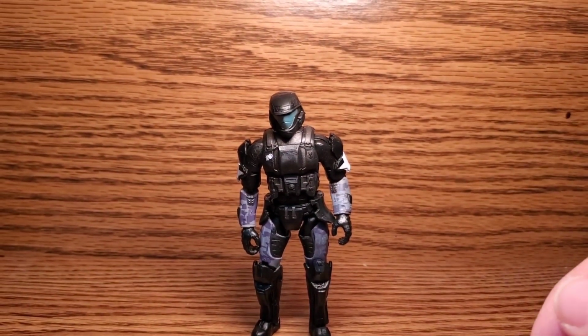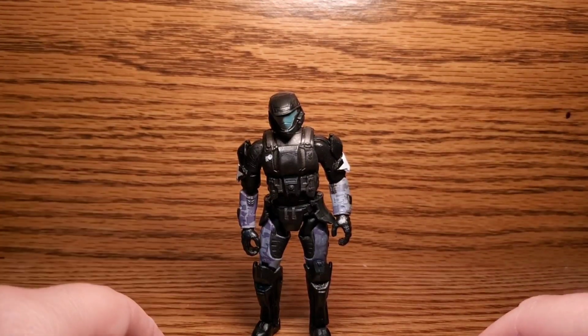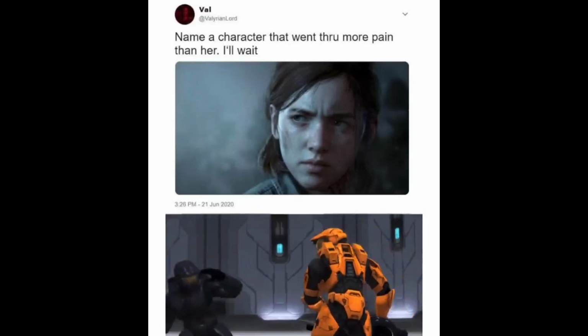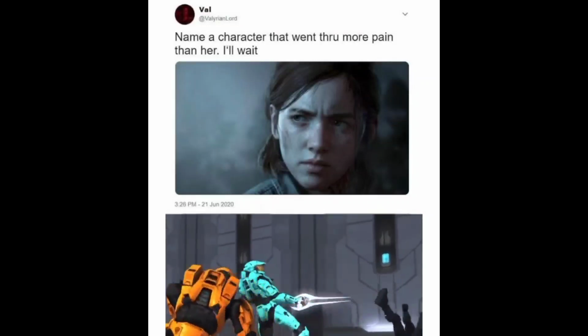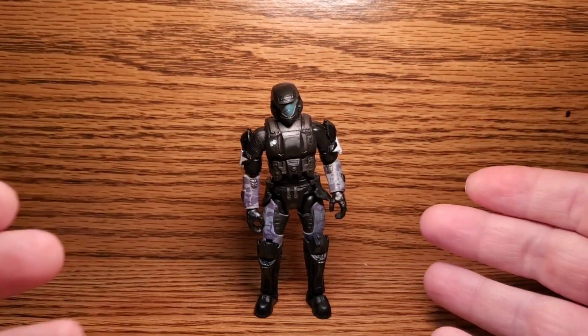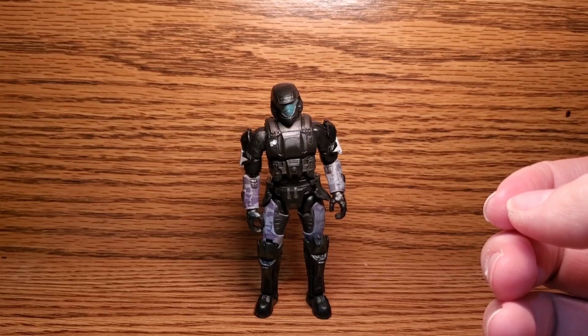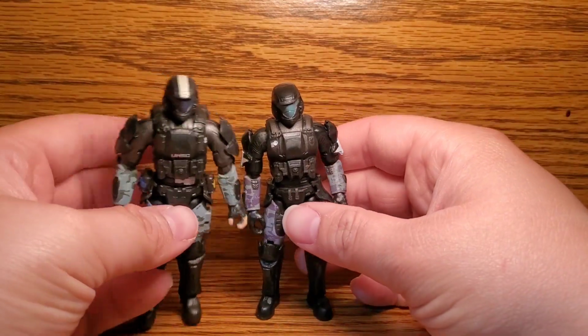Before I rant about that for any longer, let's get some other figures in to compare this ODST to. Freeze frame. Oh, not again! Oh, come on, you had to see that coming. Freeze frame on freeze, and here is the ODST next to one of his ODST friends, the Rookie, who, I